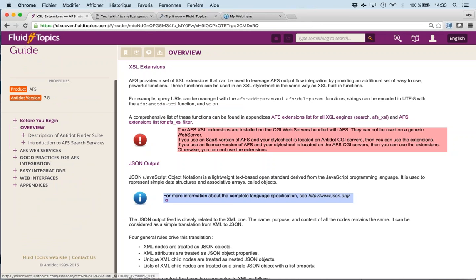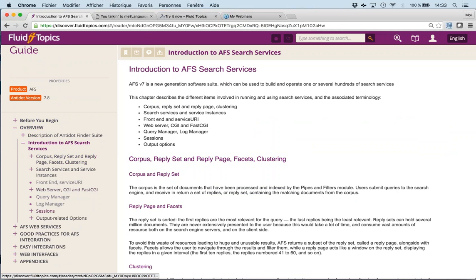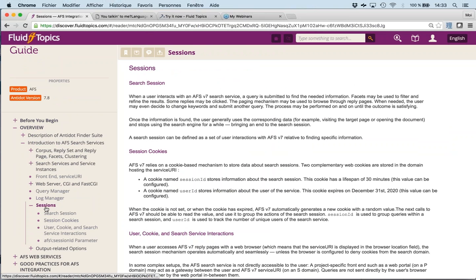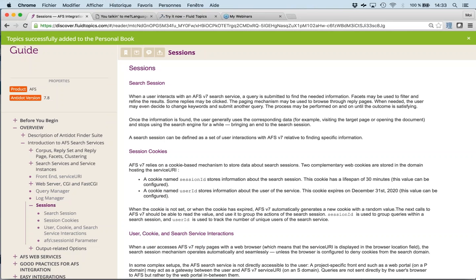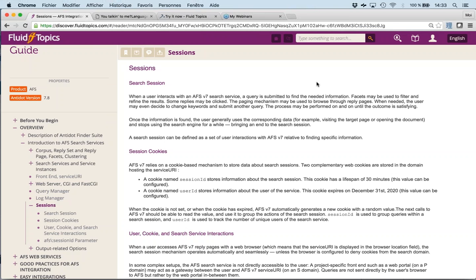I can take anything. I don't really care about what we select for that book. So let's select this as well, put that in my XSL book. And you see, just as I navigate and find something that is interesting to me, I just select it and put that in my book.